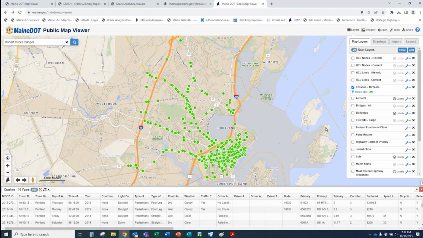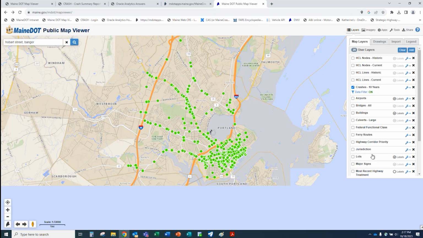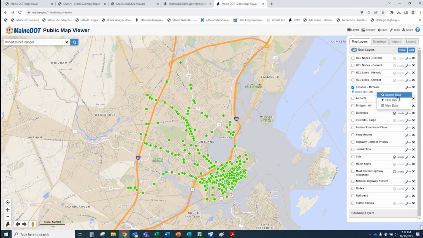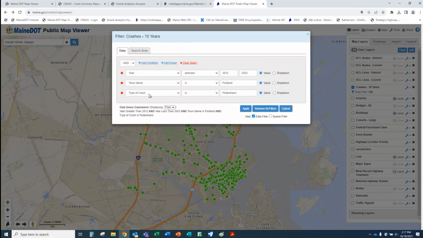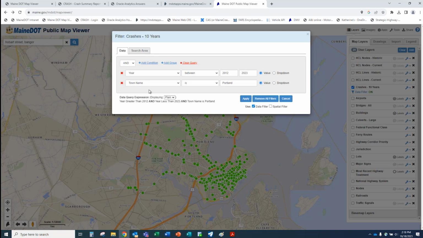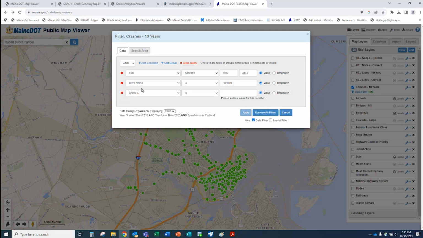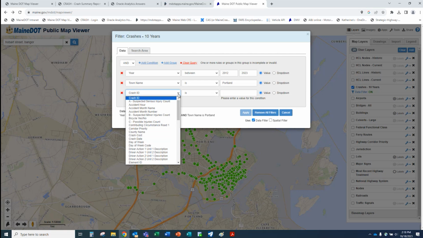I'm going to change this query up a little bit, though. I'm going to close both of these out. And I'm going to go back into this filter data. And we're looking at this type of crash as a pedestrian. Now, there's something to keep in mind about pedestrian crashes. This is pedestrian crashes by type of crash. That's not the only way that an officer can identify a crash. Sometimes pedestrian crashes are identified not necessarily by the type of crash, but they're identified by the person that it involves. This tool here allows you to get all of the pedestrian crashes where that one might not have.